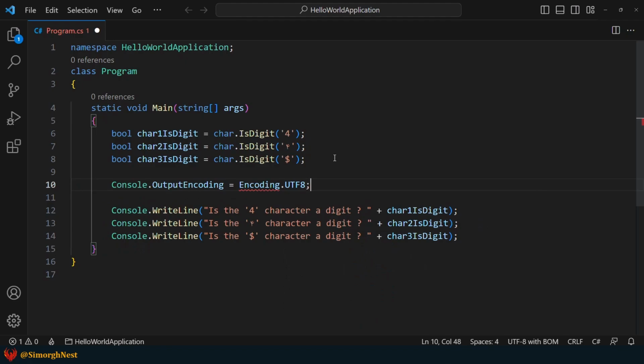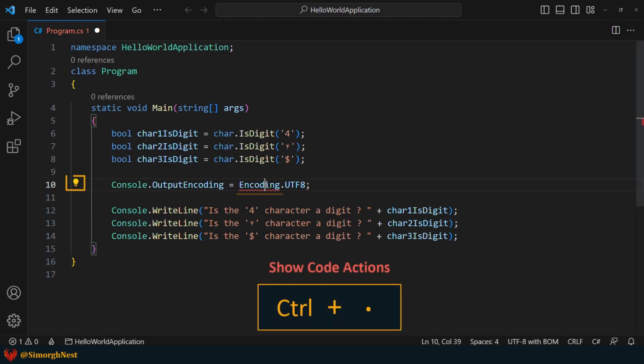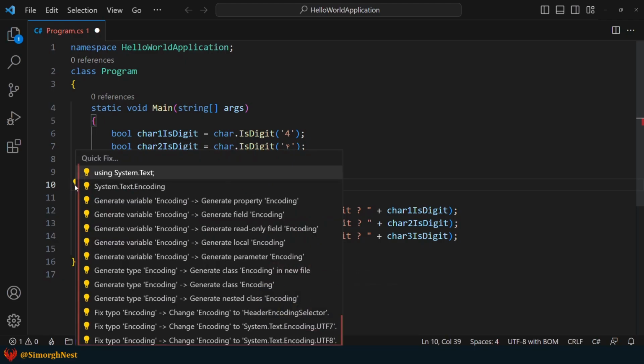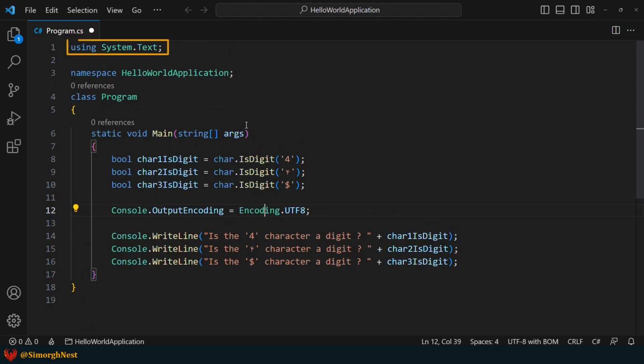To automatically import the encoding namespace, we can click on the encoding class and then click on the Show Code Actions icon. This will open a list of available actions, and we should select the proper option to import the namespace. Once we've selected this option, we'll see that the namespace is automatically imported at the top of the file.